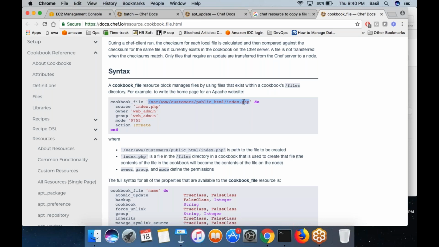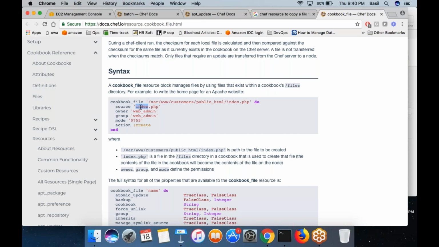Make a note: this is the file which you want to be present on the node which chef server is going to manage. Here you mention the location of the file in the chef server. From the chef server you want to copy the file to this location on the client node.